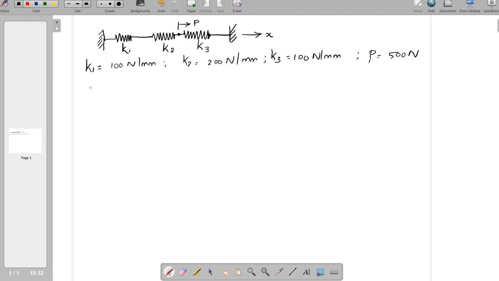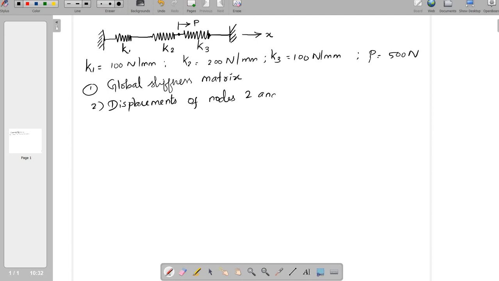So what are the parameters we are going to calculate? First we are going to assemble the global stiffness matrix. Second one, the displacements of nodes